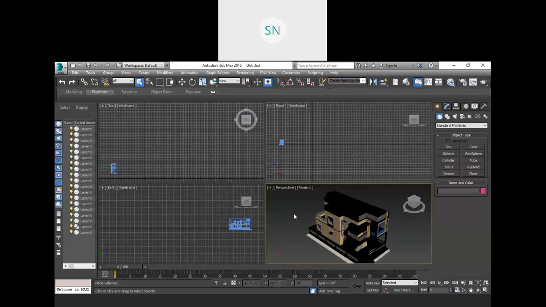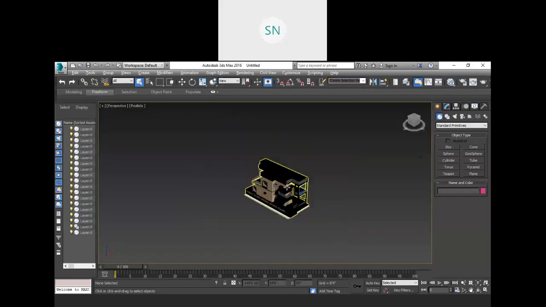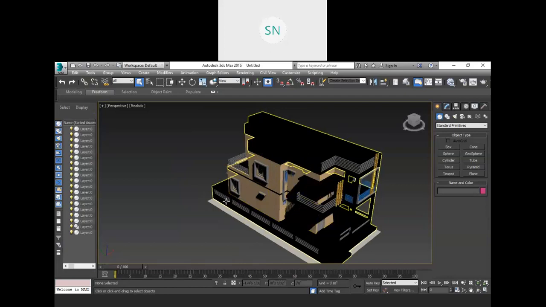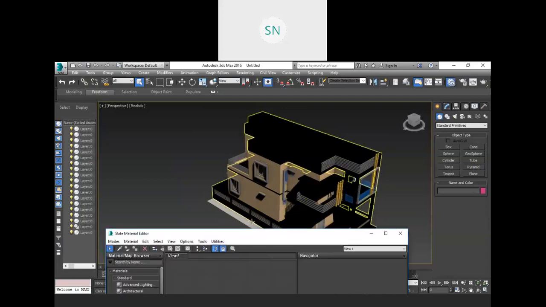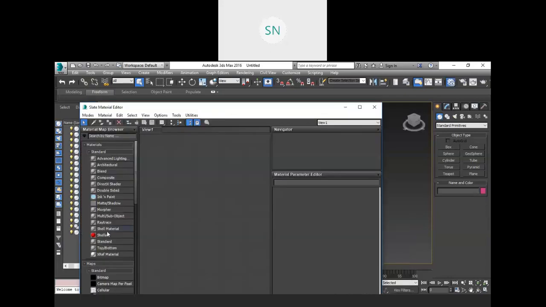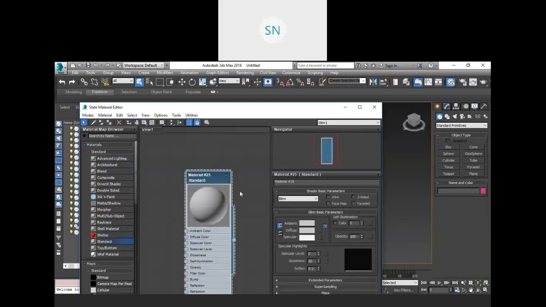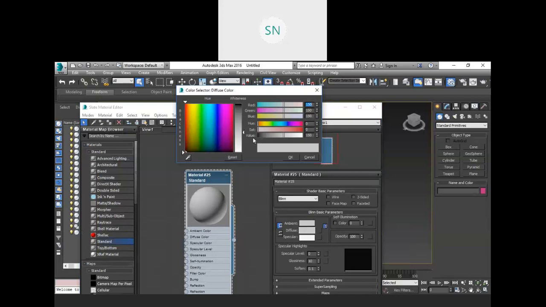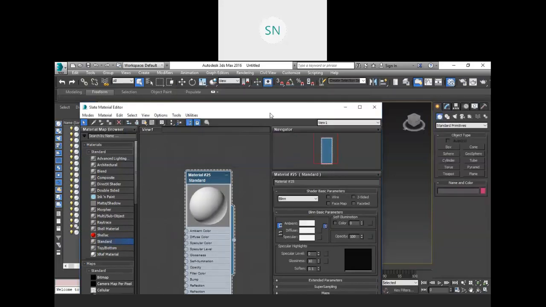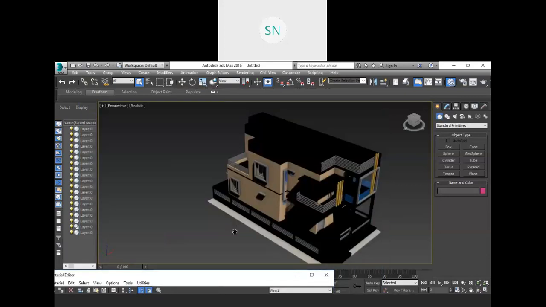that was actually applied in the AutoCAD environment. Alt W to maximize your viewport. And first of all, what we will do, just press M for material and create a standard material with a little off-white color, right? Nothing else. Then select your entire model